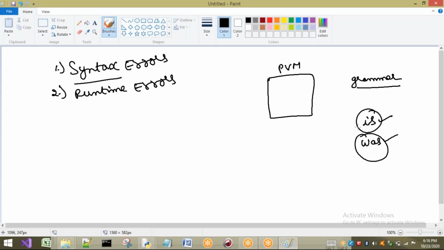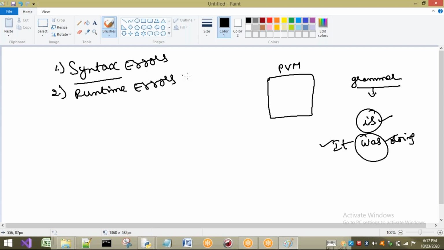So if I make a mistake, that means if I want to talk about the present and I write "it was doing", is it correct? It is not correct, because was should be used only for the past, not for the present. That means in grammar we can find some errors. How can we say it is an error? It is an error because it is not in correct grammar or correct wording. So we can say it is an error, in the same way, a grammatical mistake.